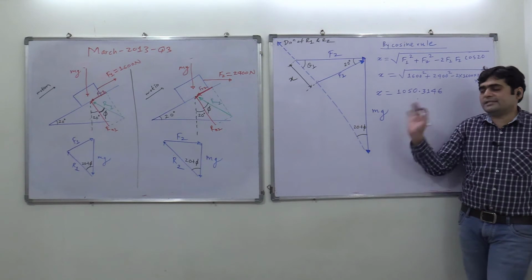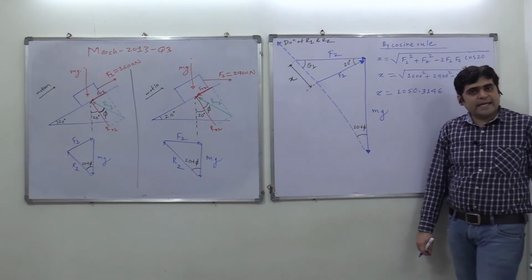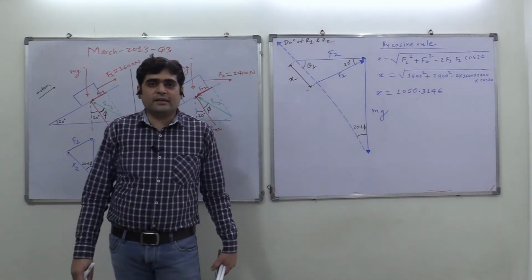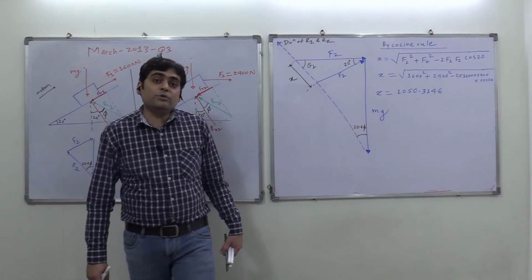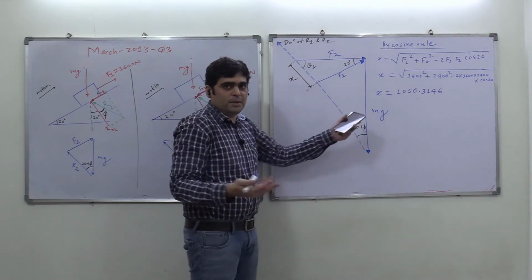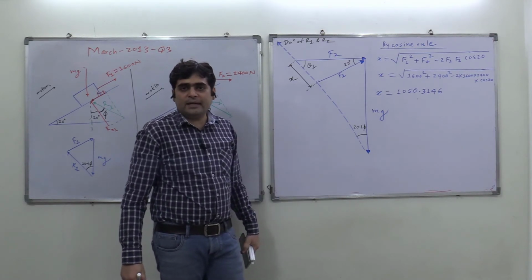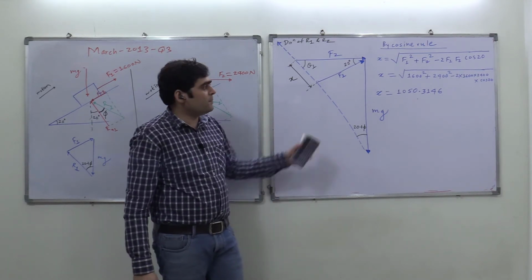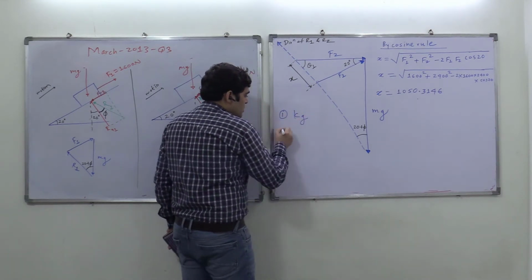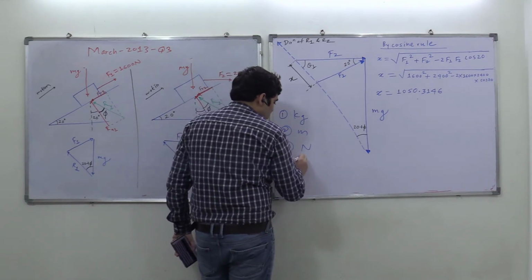What will be the unit of x here? Meter, kg, Newton, second? Why Newton? It is a distance here, the distance on this diagram, so it should be meter. It is a distance on this drawing. So what will be the unit of x? Option 1, kilogram. Option 2, meter. Option 3, Newton. Option 4, none of the above.